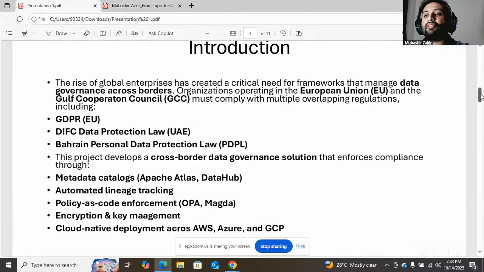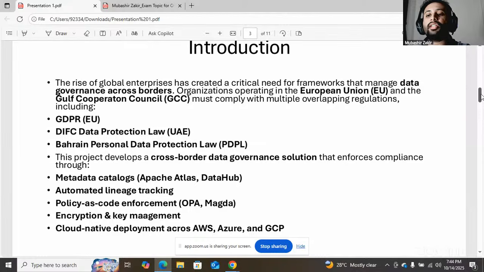So this project develops a cross-border data governance solution that enforces compliance through, number one, metadata catalogs, and we have two tools, Apache Atlas and Data Hub, for data catalogs. And then these catalogs will do automated lineage tracking, like tracking from where the data originated, who were the previous owners, and who is the current owner.